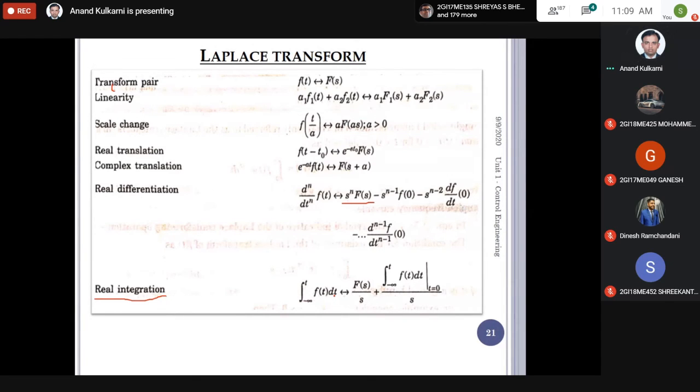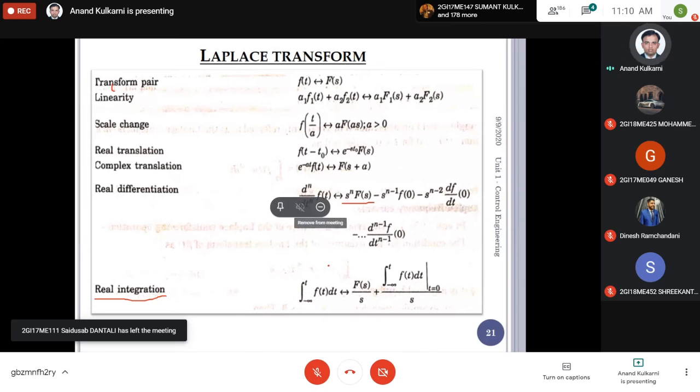Single-sided function means differentiation or integration you have to take from 0 to t only, not minus infinity to plus infinity. If you have a function with integration or differentiation from minus infinity to plus infinity, it becomes a double-sided function. But here, up to the present instant, that is called the initial condition, and after this present instant only a one-sided function will come. That means t to infinity, like that.